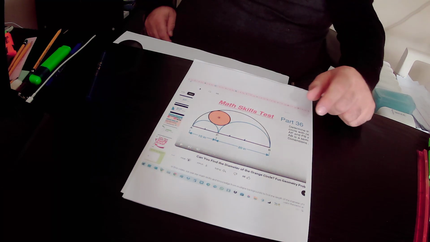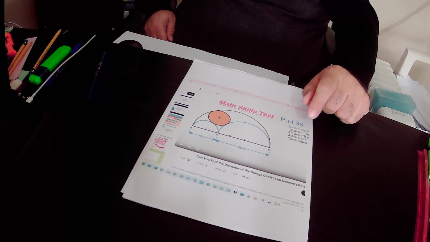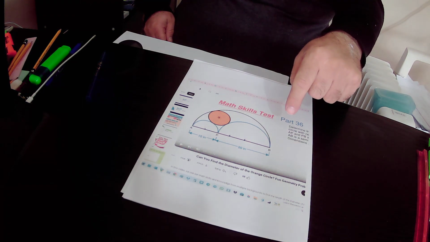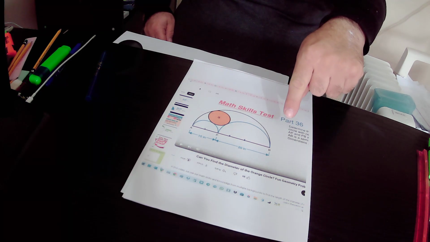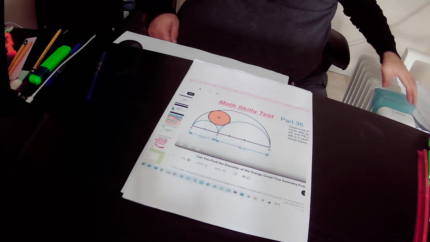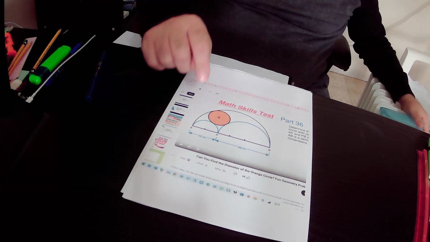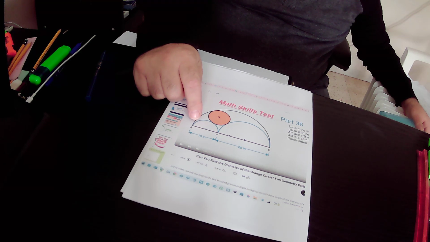In the drawing we have three semicircles. The two smaller semicircles are contained by the biggest semicircle, and inside the biggest semicircle we also have the orange circle. We know that the radius of this small semicircle is equal to 10 over 2, that is 5 units,